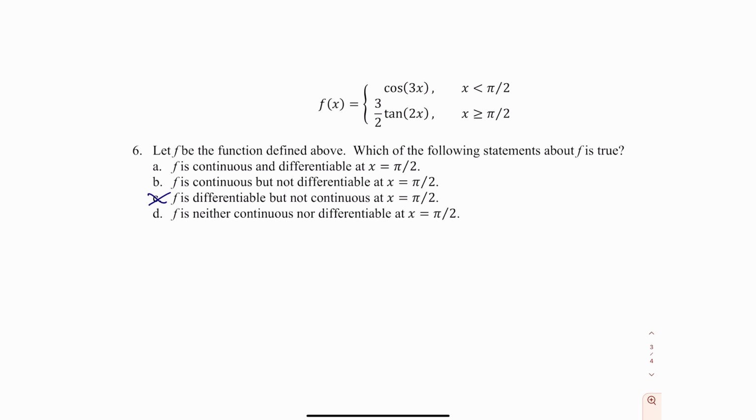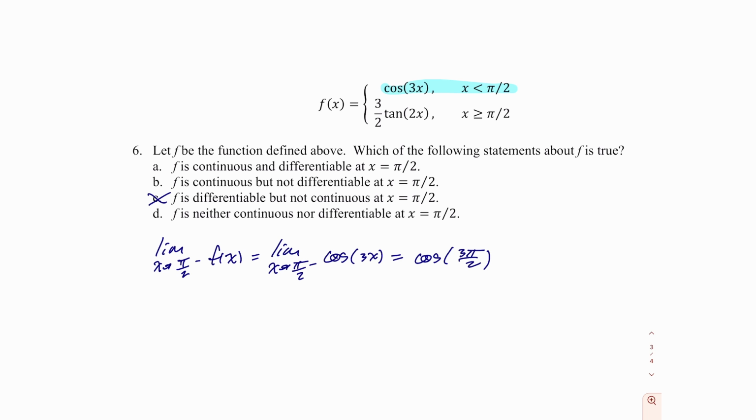All right, let's see. So continuous, we need to look at the limit as x approaches pi over 2 from the left of f of x, which is going to be the limit as x approaches pi over 2 from the left of, if you are to the left, you're here. So cosine of 3x, which will just be the cosine. Cosine's a continuous function, so we just plug in. And then the cosine of 3 pi over 2 is 0. You should definitely know your unit circle, in particular the quadrantals, it's amazing for, but like all the unit circle